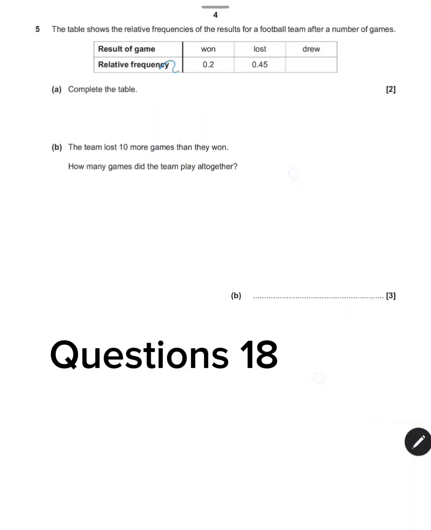Question 5, we've got a table showing relative frequencies of results from a football team after a number of games, and it says complete the table. Well, when you've got relative frequencies, these boxes, these probabilities, which is what relative frequency is, need to add up to the whole one. So 0.2 added to 0.45 is 0.65, and 1 take away 0.65 is this missing box here,